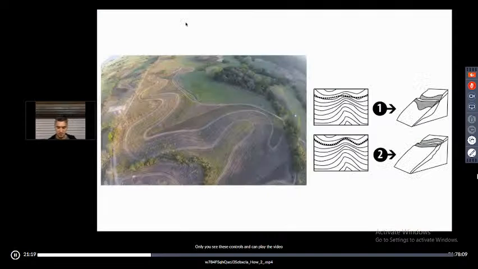Okay, so the second one is on the contours, and the thing with roads is that they become a water harvesting structure, so they will change the natural drainage pattern. They are hard surfaces, so everything that falls on the road erodes the road easily, but the road itself becomes a water structure. So if you put your road on a contour, what do you get? You actually get a swale-looking water structure. It can be connected to the swale,